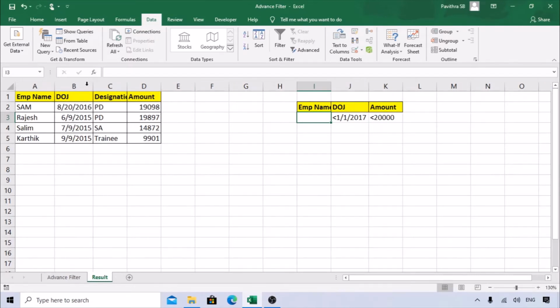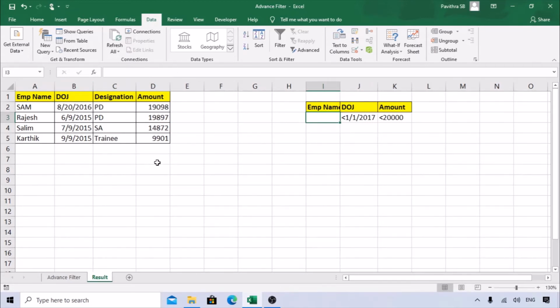So always remember, when you are trying to put an advanced filter to another sheet, you should always start from the end result sheet, where you want to get the data. Start putting the advanced filter from there back to the source data, right? You should always remember, otherwise you will get an error. So now we got the details here, right?